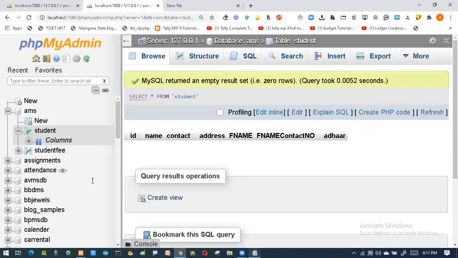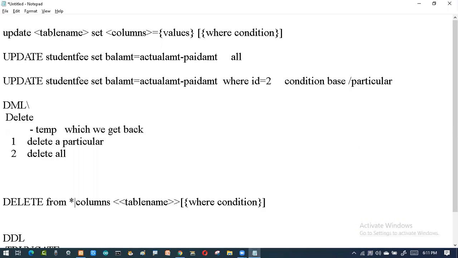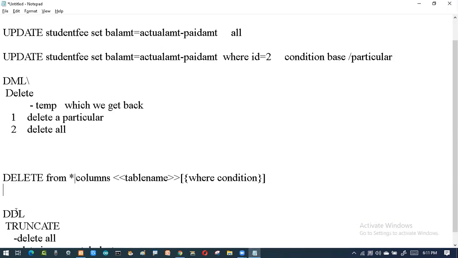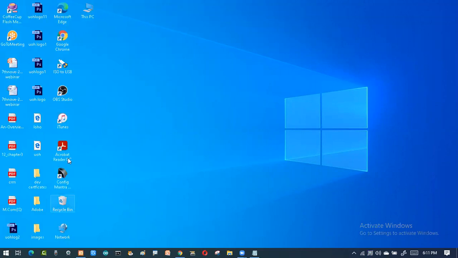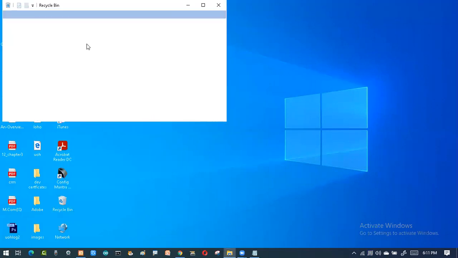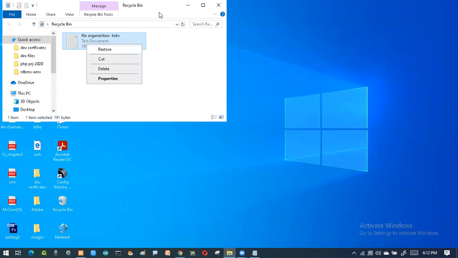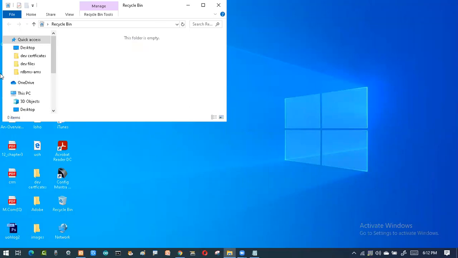So I can do these operations, but based upon the scenario, if you want to get it back, with the help of rollback I can do this. If you deleted, it's like something I deleted. Suppose this is a file, this is my file I deleted, and you can see I can get it from the recycle bin. If you click over here, I can say open this and I can say restore. So from my dustbin, this has been reversed.